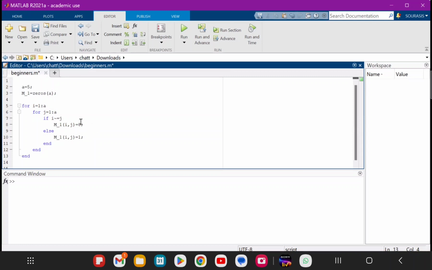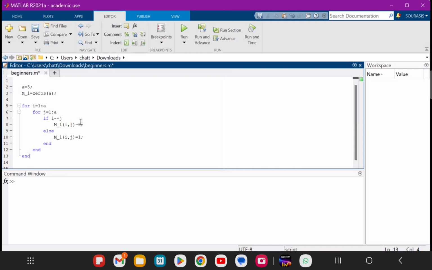So here I have written a for loop and an if statement also. What is the logic behind it? I take i equal to 1 up to the value of a, which is 5, and we create two for loops, j equal to 1 up to 5, and my logic is if i is not equal to j,